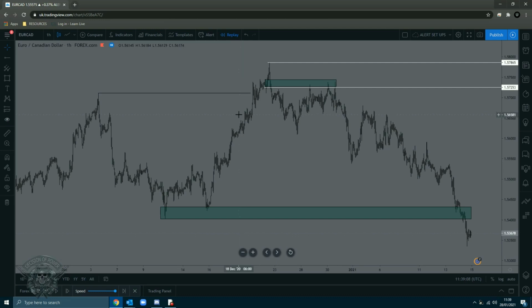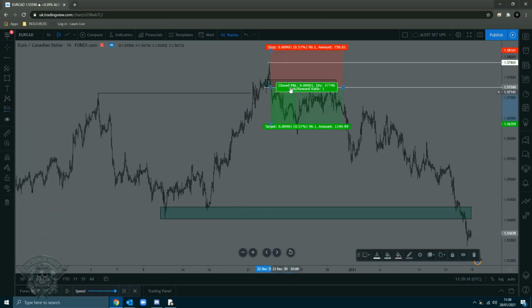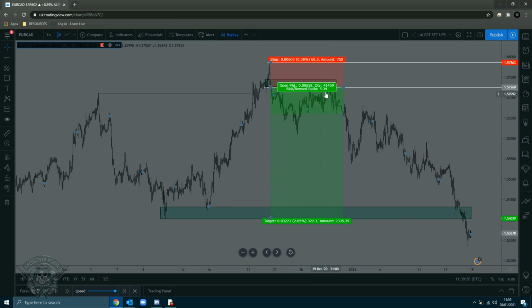But another thing you need to focus on is the risk to reward. So in this instance, if you took a short position based on that retest down, you had your stop loss above here, and then you took this position down here to take out the stops below the lows. So you got a 5.34 to 1 there. Whatever you're willing to risk, you're going to get 5.34 times that in profit. So if you're looking to risk, I don't know, $10, you're going to be looking at a $53.40